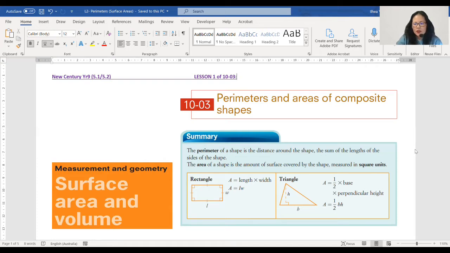And the units that we're going to use: perimeter, because it's distance, is normally in length units, like kilometers, meters, centimeters, millimeters. Whereas the area, because you're timesing it together, it'll be squared. Okay, so when I say timesing it, it means like this. For example, I'm looking at the rectangle here,